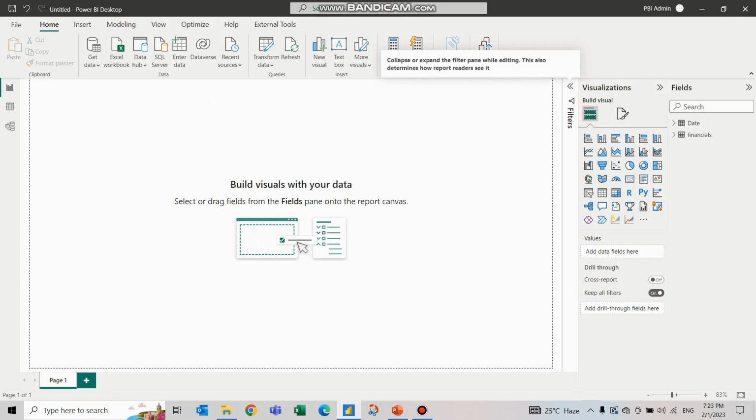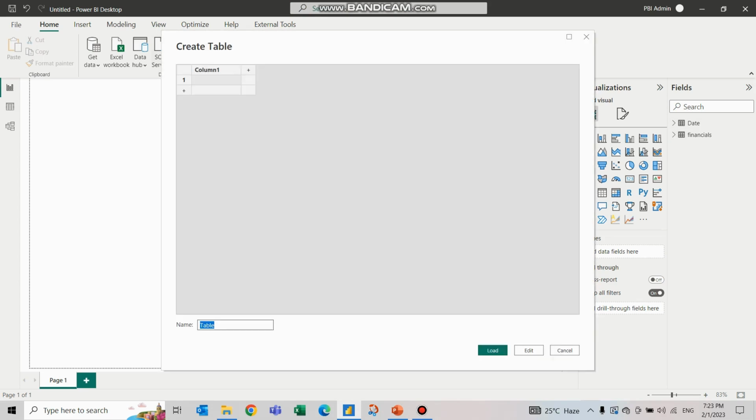Okay, so here we have one date table and one financial table. So to calculate the last day of month, first of all we'll create one measure. So first of all we'll create one table to put the measures. So it will be a measures table,